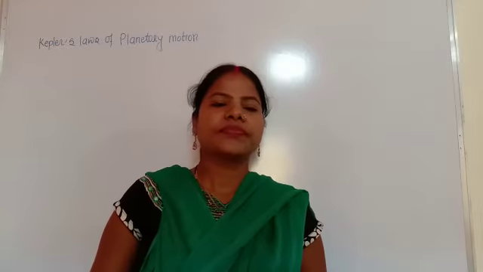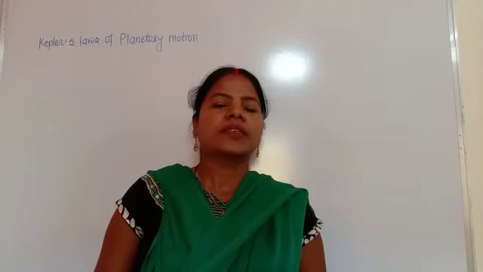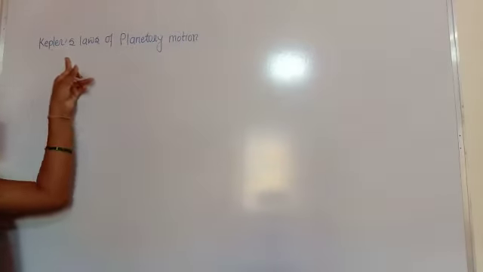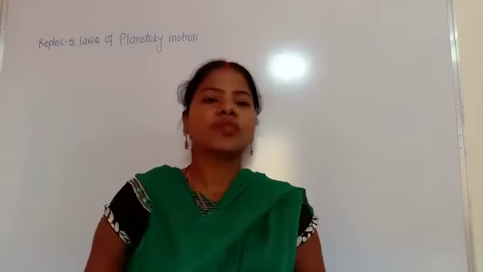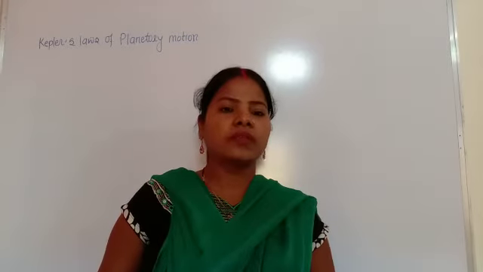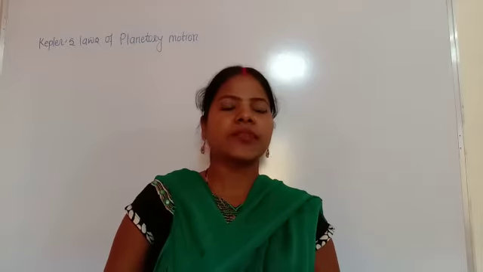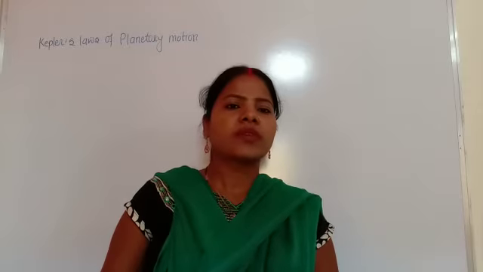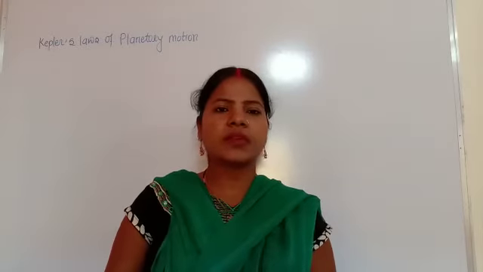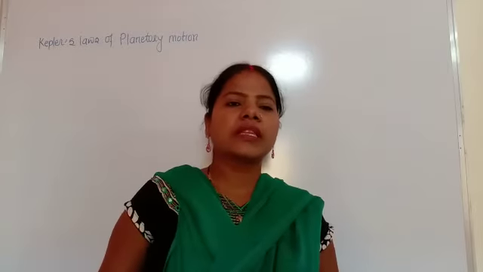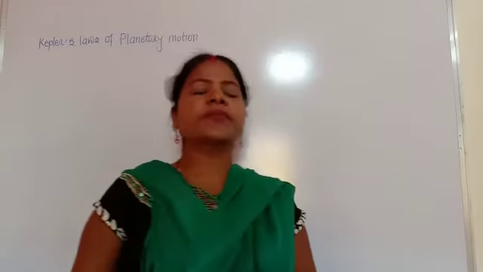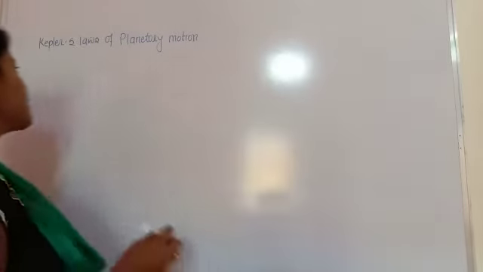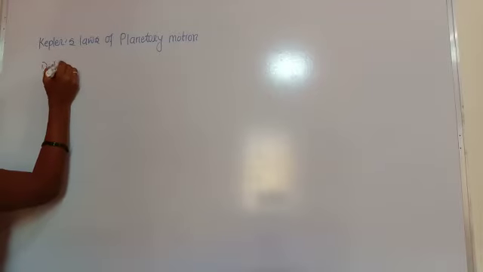After that, our topic in this lecture is Kepler's laws of planetary motion. This topic is well understood in 12th science; you already saw it last year. In our syllabus there are only the statements needed for the exam, so we have to understand the statements of Kepler's laws of planetary motion. There are three laws: first is the law of orbit, second is the law of equal area, and third is the law of period. First, we will see the law of orbit.